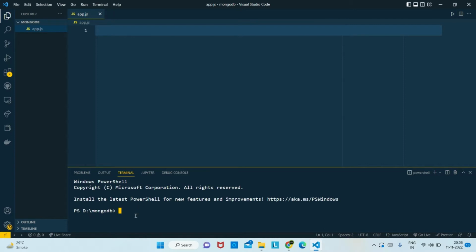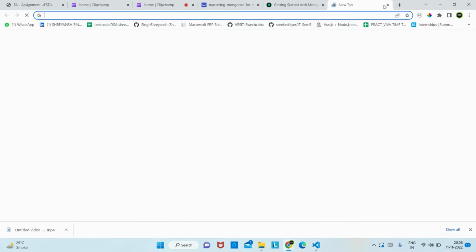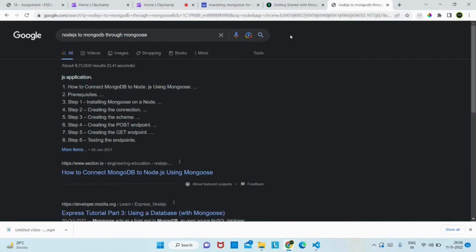Before running this command, you have to make sure that you have Node installed and npm installed. As you can see, I have node on my PC, and npm also. You have to install these two. These are not really packages, these are environment setups. You can type here node